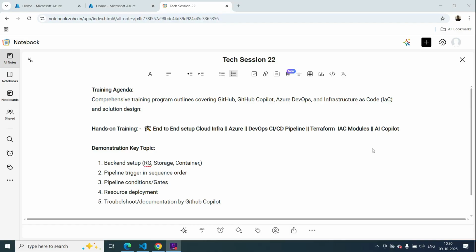So guys, today's session I'll show you a demonstration of an end-to-end setup of cloud infra and deploying resources on Azure using a DevOps CI/CD pipeline, by provisioning a Terraform IaC module with the help of an AI Copilot. That is our training session headline, and the key topic for today's session is